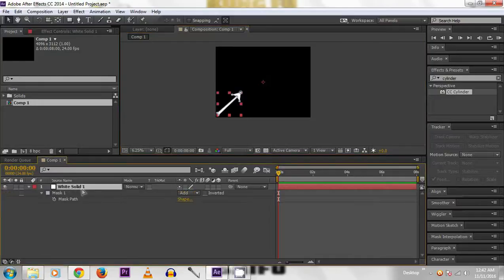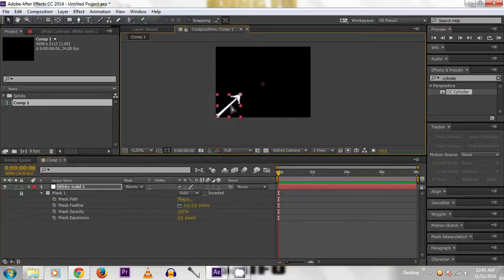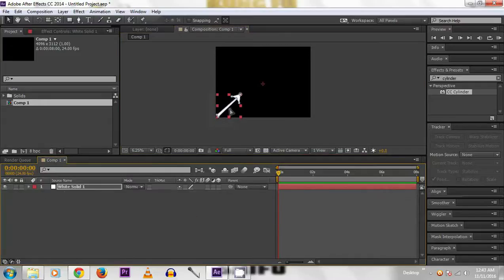Press M on the keyboard, then mask. Lock the mask path like this. Now when we pull it up, there is no mask trouble.